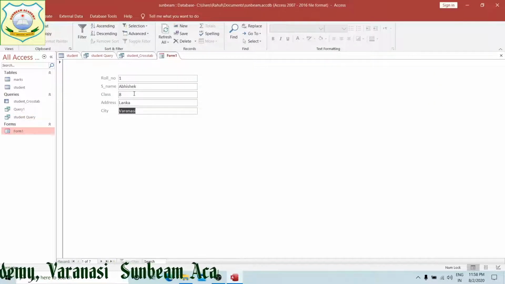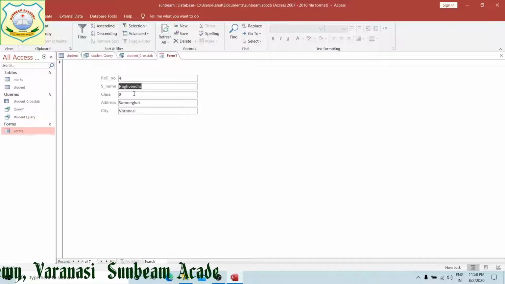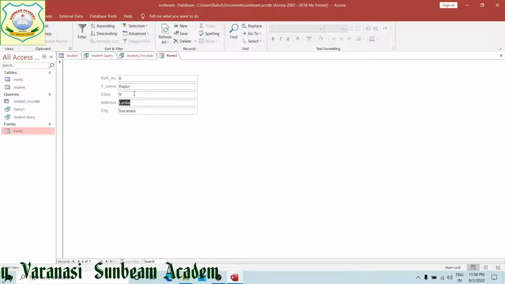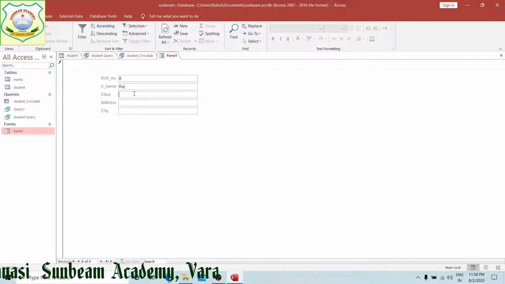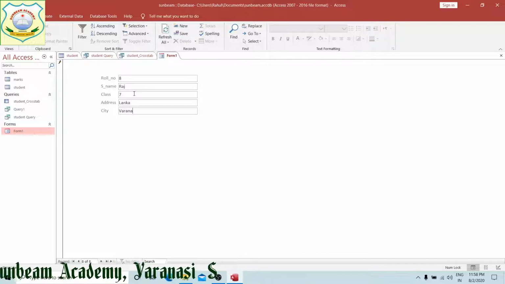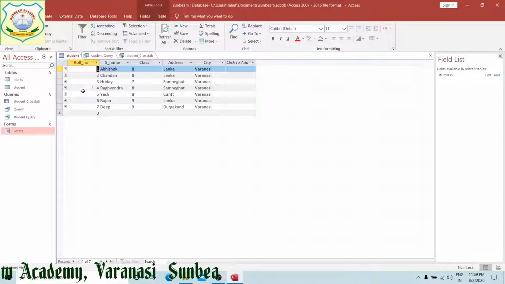This is for roll number 1, 2, 3, 4, 5, 6, 7. 8 will be the blank one. 8 is blank, class 7, address Lanka, then city Varanasi. Here I have put this, and when we close it, now you can see your students.